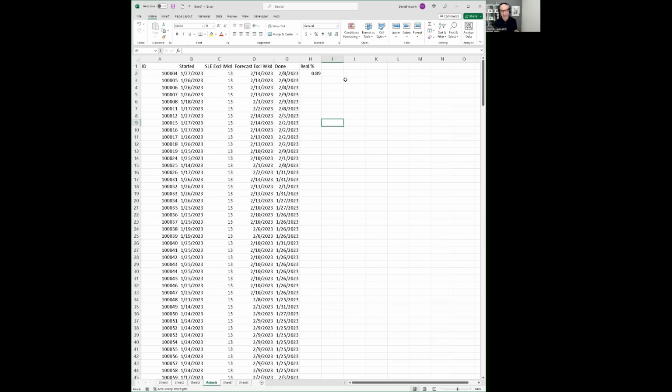Now, this may not seem like that big of a deal to you, but it kind of is, because the whole point of choosing a percentile for a service level expectation is that you have chosen a percentage that represents the amount of risk that you're comfortable with.